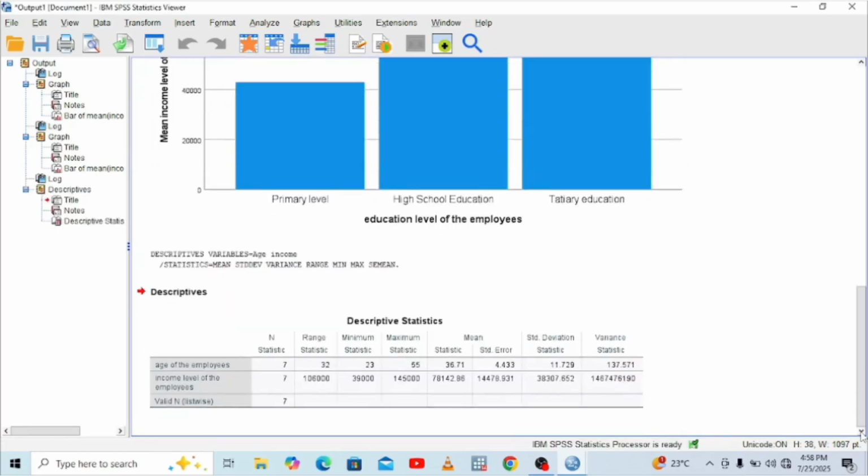You can be able to see that the size of the sample is 7, or the number of observations. Then the range statistics is here, maximum. Then we have the mean, we have the standard error, we have the standard deviation of the age and the income. They are here. So this is how we can do a simple descriptive statistics of this data set. So this was just an example showing you how you can input raw data in SPSS and do some basic analysis, which is so simple, either running commands or doing it using these interactive